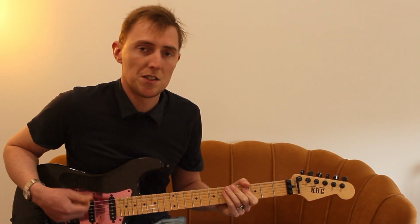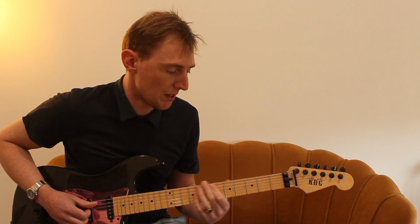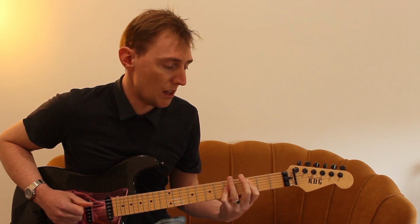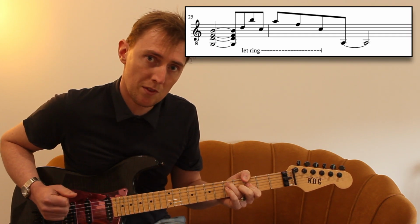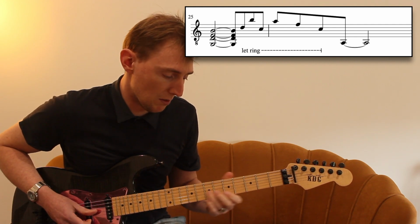The second verse is essentially the same as the first verse, but the guitar has a bit more embellishments in it. So we start off on the C chord, then we go to a G chord, G7, and then on the and of 3, we start this little run here,